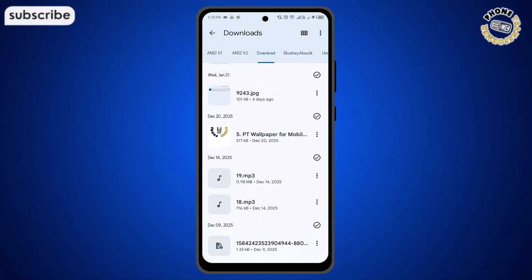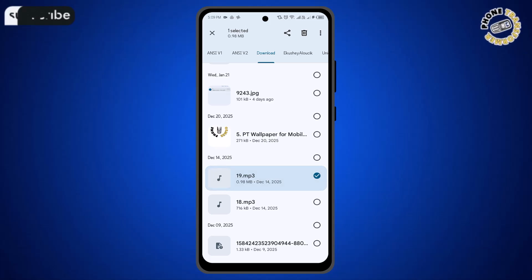need. Step 4, then press any you want to delete by long pressing on a single file or tapping multiple items to select them all at once. This selection process gives you full control over your storage, ensuring you only remove the specific files that are cluttering